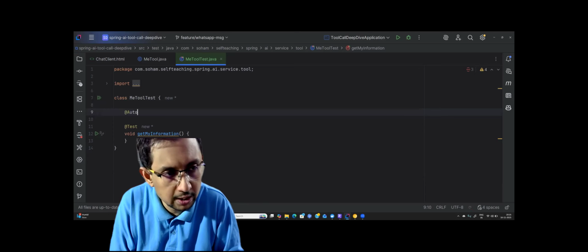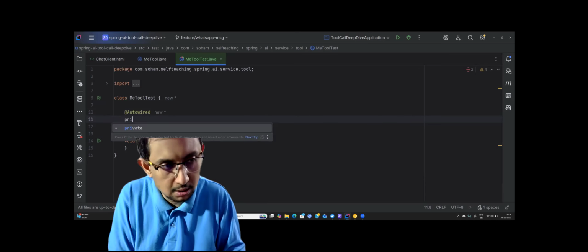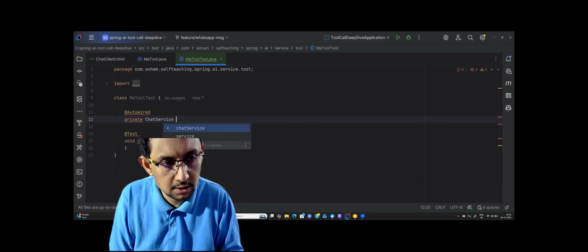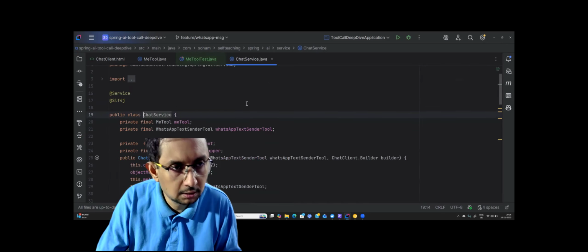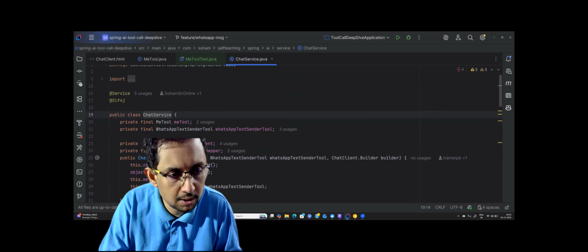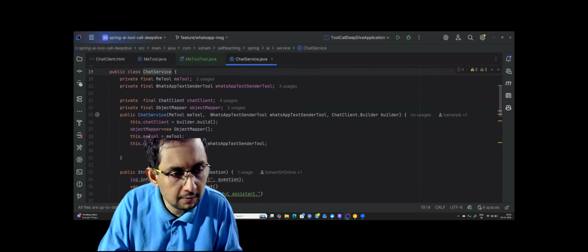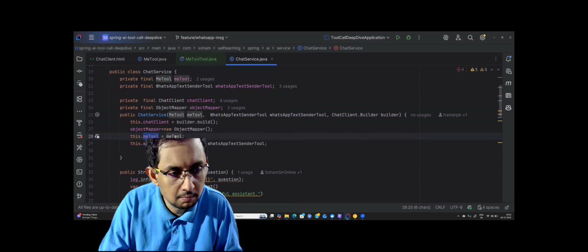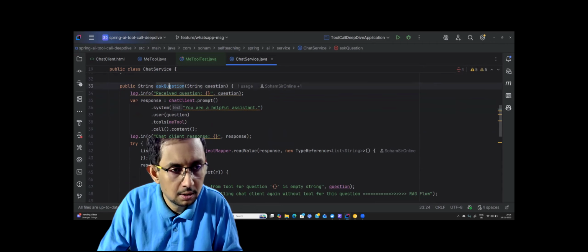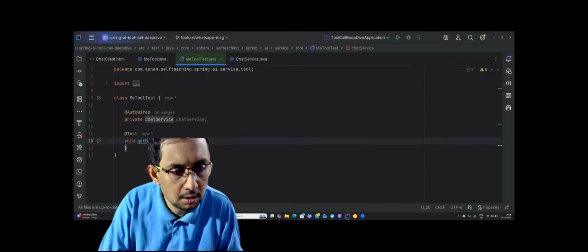We will see the autowired private chat service, ask questions. I was just wondering where I have kept that new tool, where I have used it. Ask question, right? So I can just use this method ask question in the string. It will test. Let's say